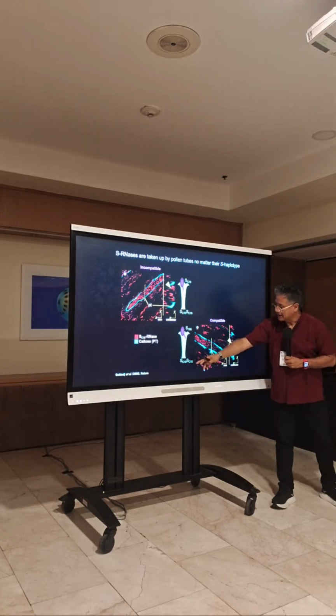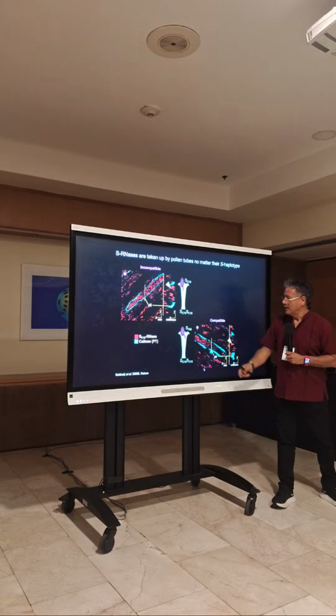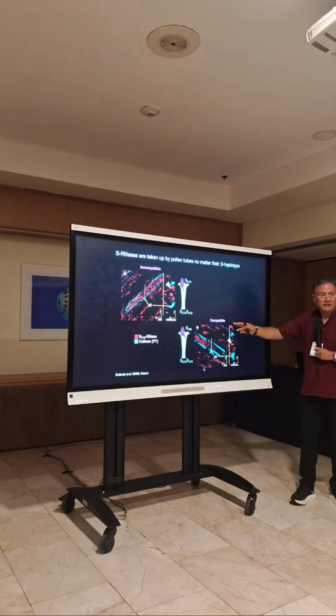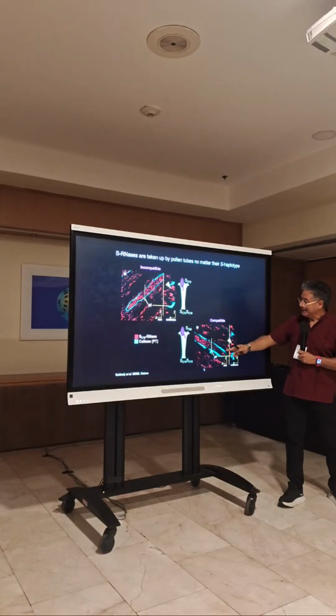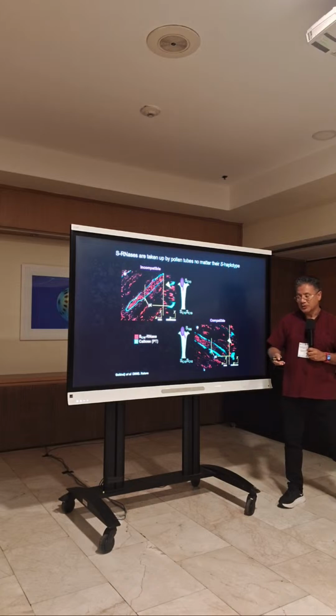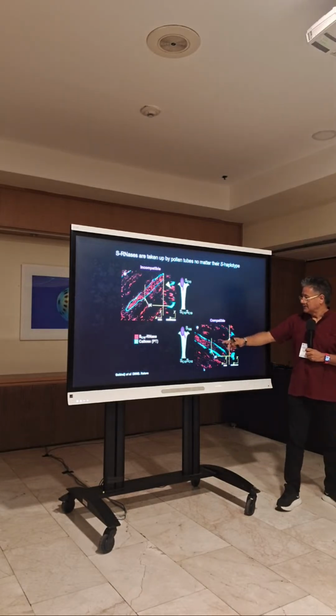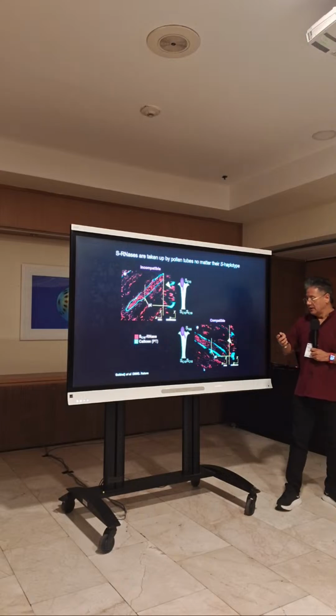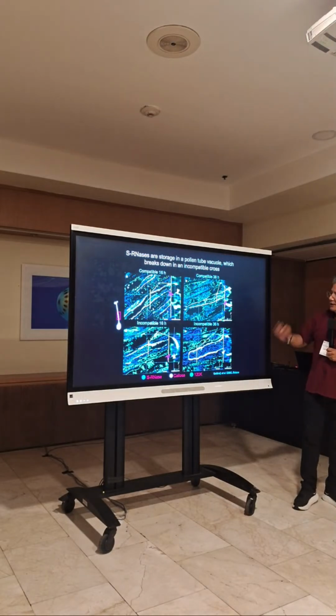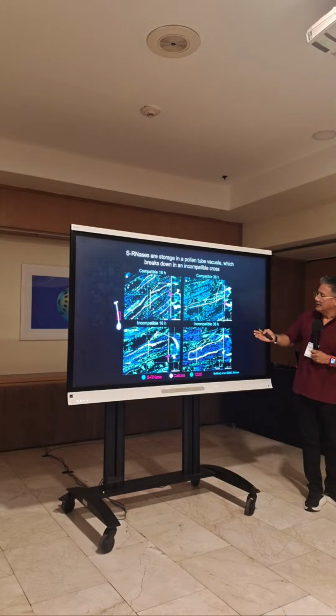Here you can see the same pistil with the same genotype, and you have here the S105 pollen. This is a compatible cross. And also you can see inside the pollen tube the sRNAs. But then the question is how the pollen tube escapes the cytotoxic activity of the sRNAs. So here I want to show you how the pollen tube can escape the cytotoxic activity